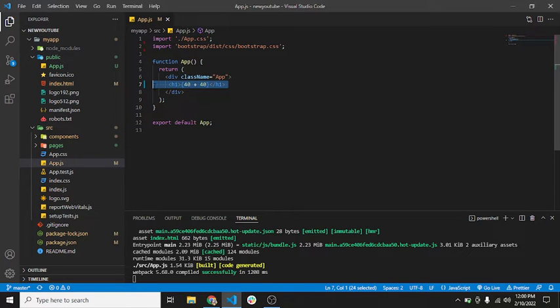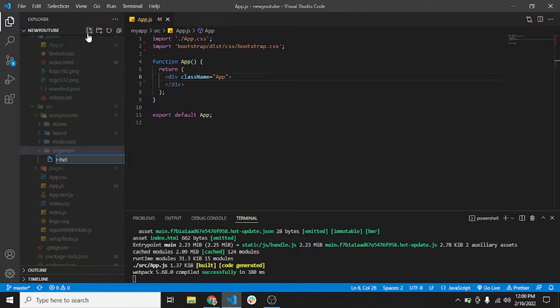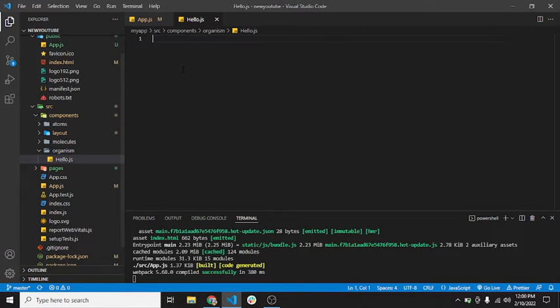Now we will see component based architecture. As I showed, React has a component based architecture. So we have a folder called components, where we have atoms, layouts, molecules, and organisms. I will create a component named hello YouTube, hello.js. So this is a component. As you know, a component is a JavaScript function or a JSX component. Now, after version 16.8 of React,